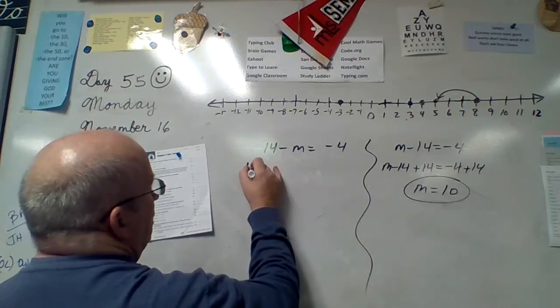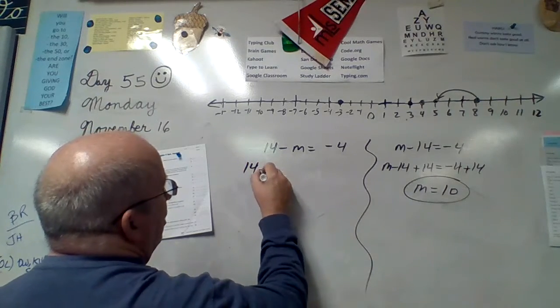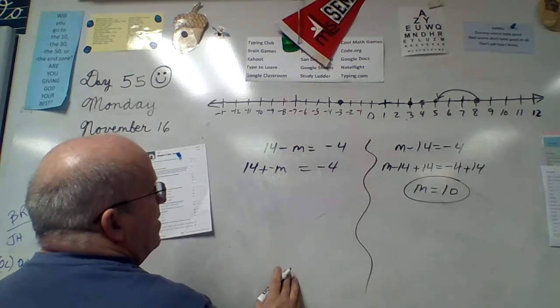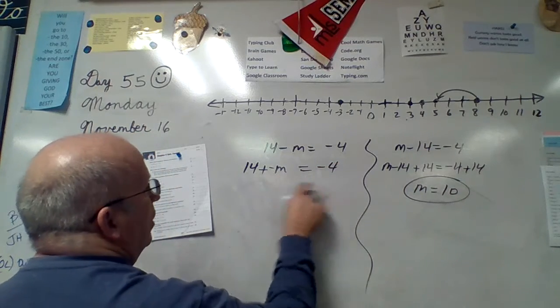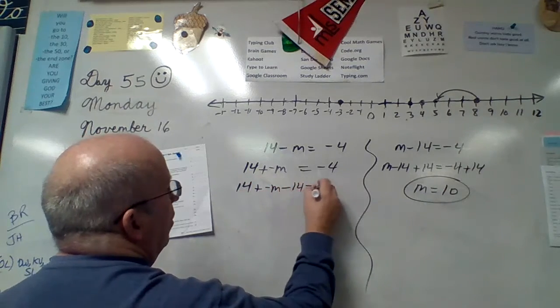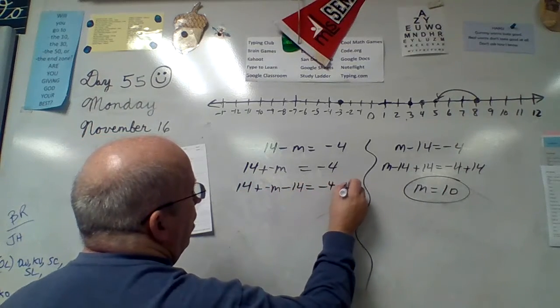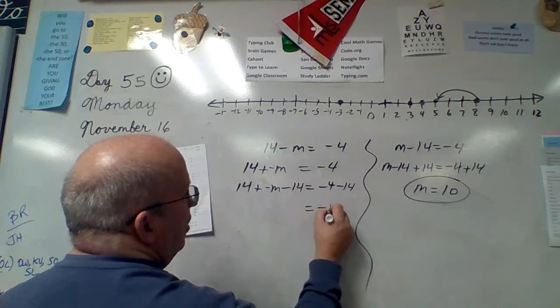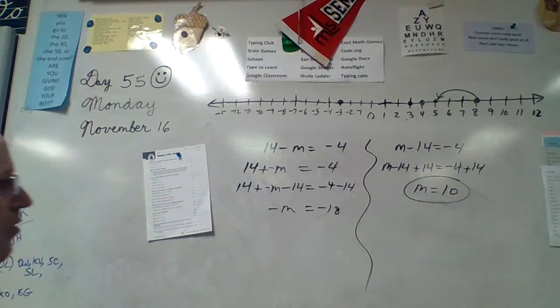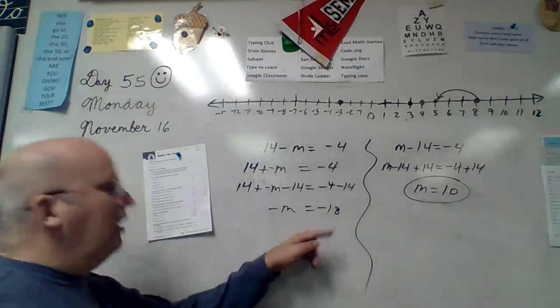Watch this. We're going to rewrite the subtraction as adding a negative m first. And then we're going to subtract 14 from both sides of this problem. And over here, that gives us a negative 18 equaling a negative m. So if negative m equals negative 18,